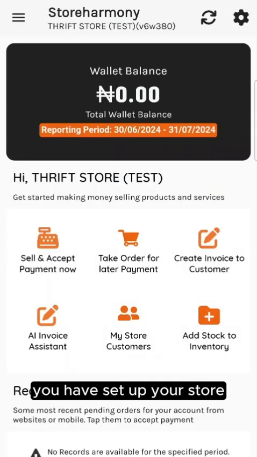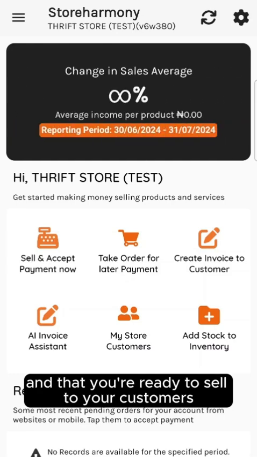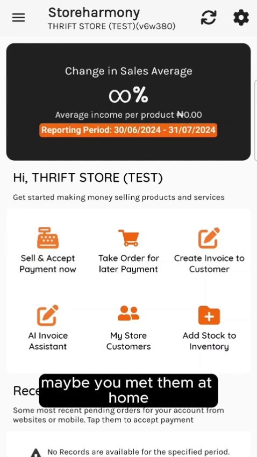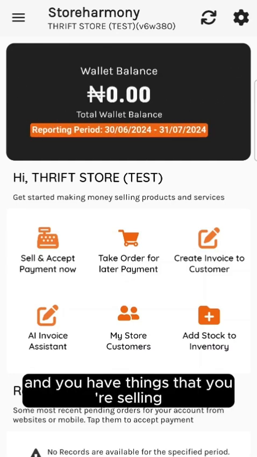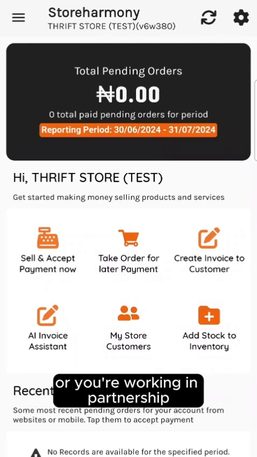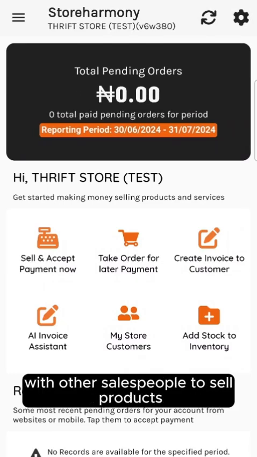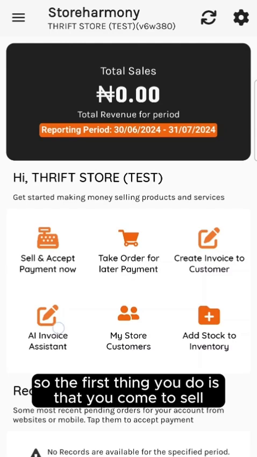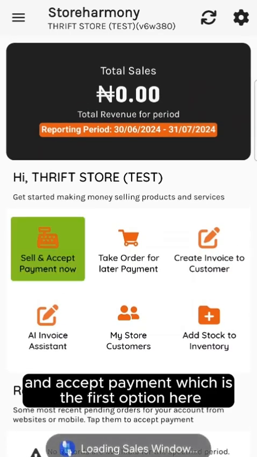You have set up your store and you're ready to sell to your customers. Maybe you met them at home, or at a workplace, and you have things that you're selling, or you're working in partnership with other salespeople to sell products. So the first thing you do is come to sell and accept payment, which is the first option